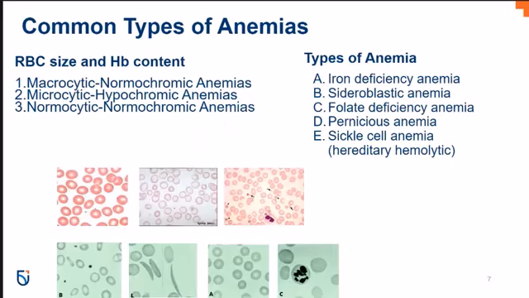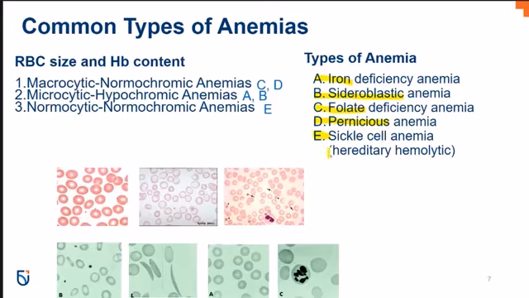So let's match these up. Macrocytic normochromic anemia examples include folate deficiency anemia and pernicious anemia. We will talk about these a little bit later. Microcytic hypochromic anemias include iron deficiency anemia and sideroblastic anemia. And normocytic normochromic anemias include sickle cell anemia. So what we will do is talk about iron deficiency anemia, folate deficiency anemia, pernicious anemia, and sickle cell anemia in today's lecture. But